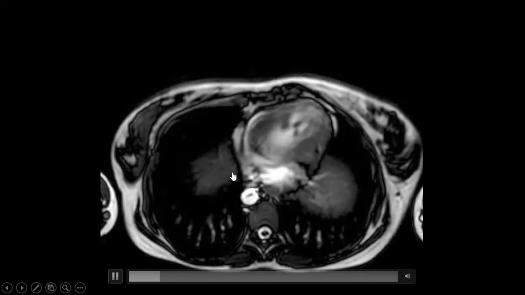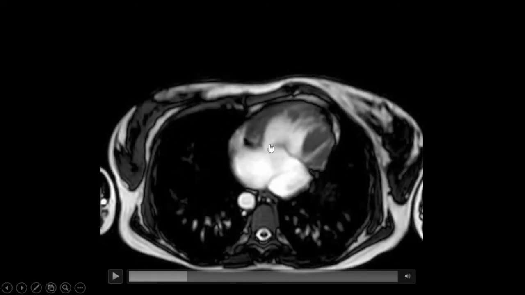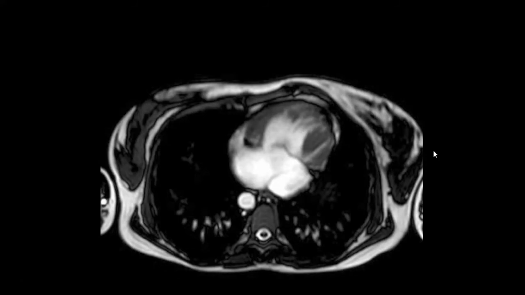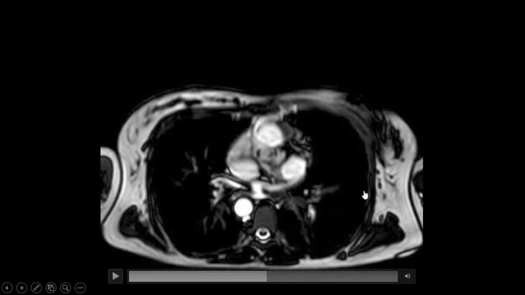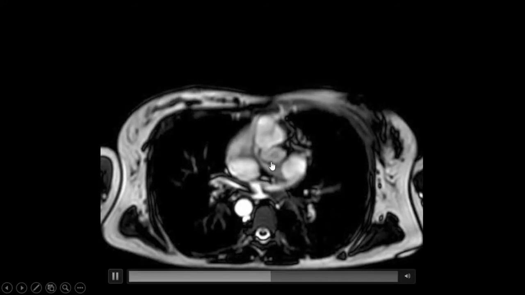We can see a midline liver, makes it a situs ambiguous. We can see that one ventricle is bigger than the other. This is the moderator band. So there is a large right ventricle with a hypoplastic left ventricle, single ventricular morphology. Both the great arteries are arising from the right ventricle with aorta to the right and anterior. So this makes it a double outlet right ventricle with malposition of great arteries.